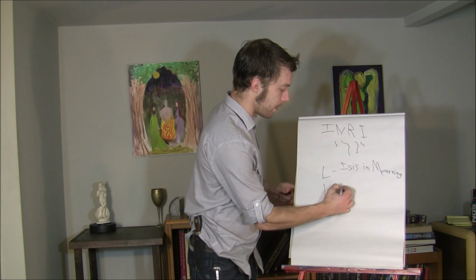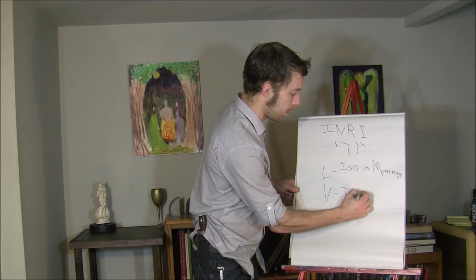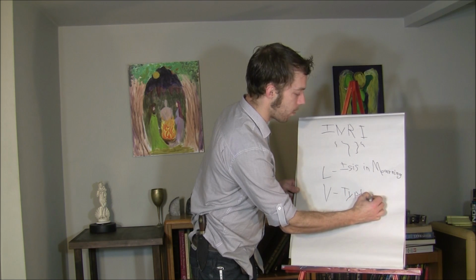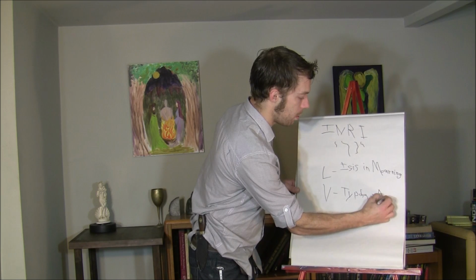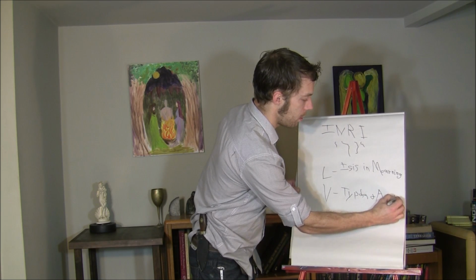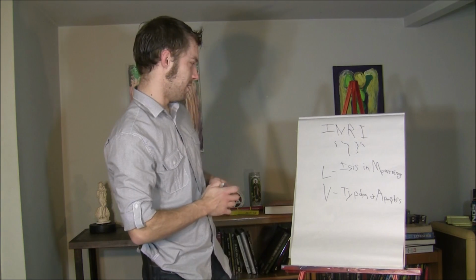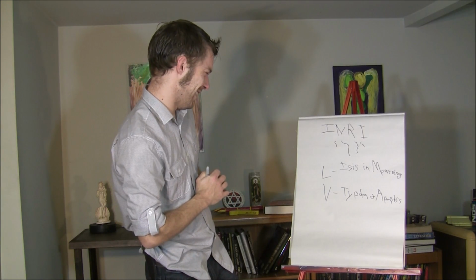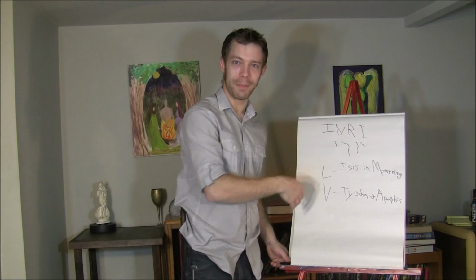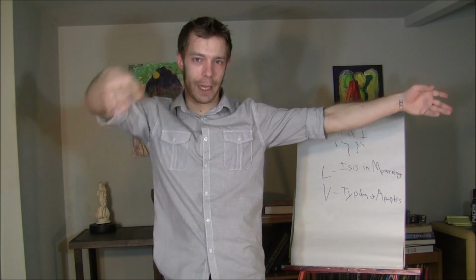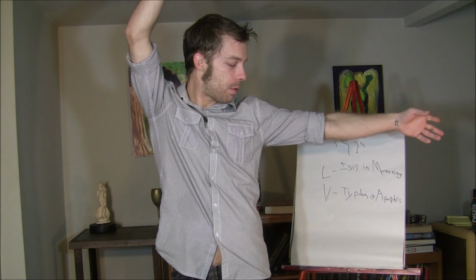Next we have V, the sign of Typhon and Apophis. I'm sorry, that's just scribbles to me. I doubt you're going to be able to read it. But okay, so you have Yud Nun Resh Yud, the sign of Osiris slain. L, the sign of Isis in mourning. V, we'll get it in the camera here. It's nice and dramatic. V, the sign of Typhon and Apophis, the destroyer gods.